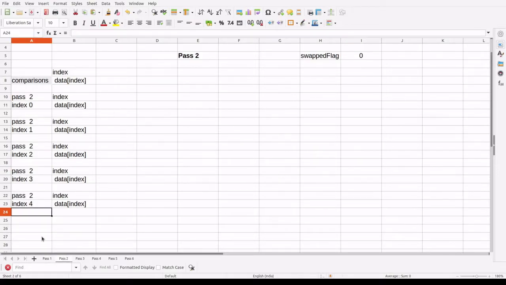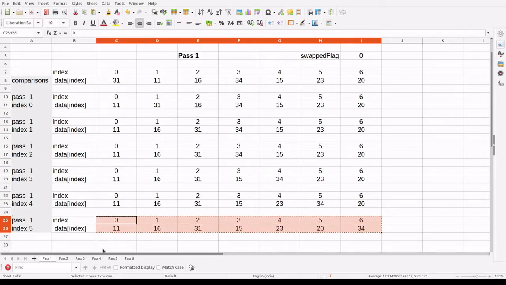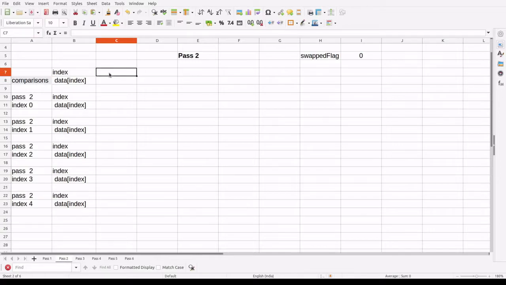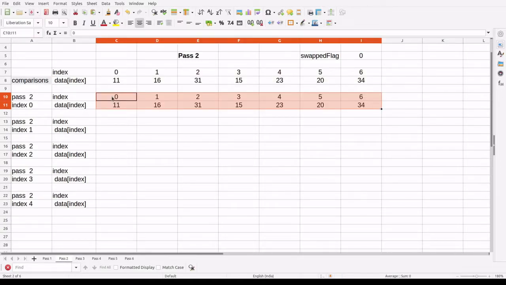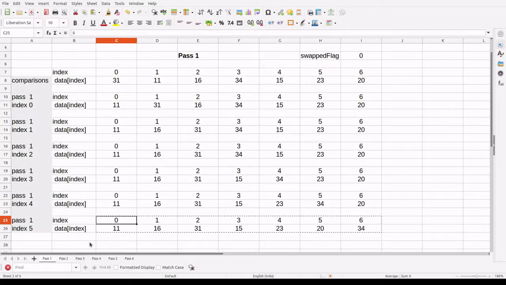Okay, so here we'll take the data that we had at the end of pass 1. Let me just paste it here. So this is the data when we come to pass 2. And one more thing that I do here: we have done many swappings here, isn't it? As we have done swappings in this particular pass, we will give the value of the swapped flag as 1. Why are we doing it? It's for programming purposes. I'll give you more details when we are doing the program. Okay, so in this particular pass, there were many swappings done.